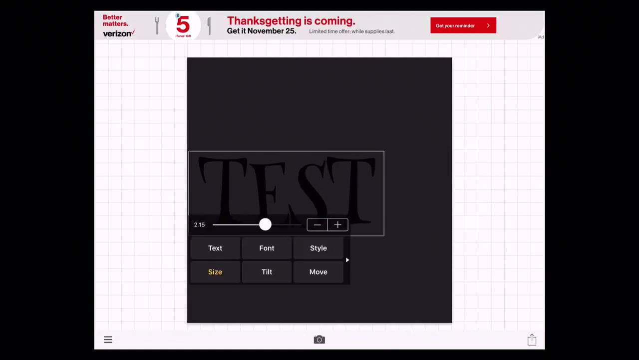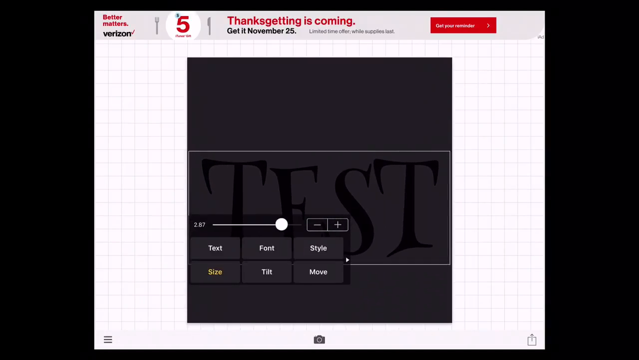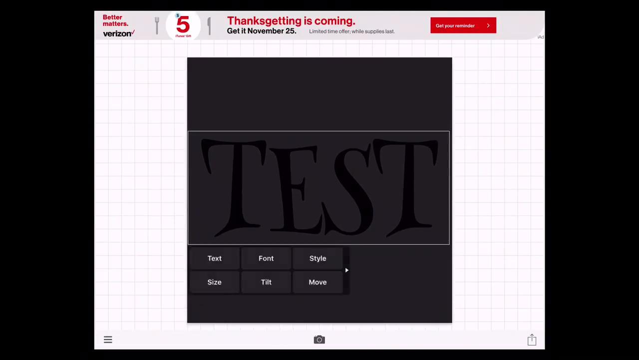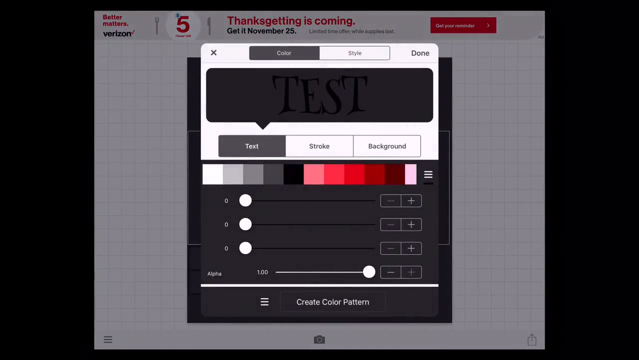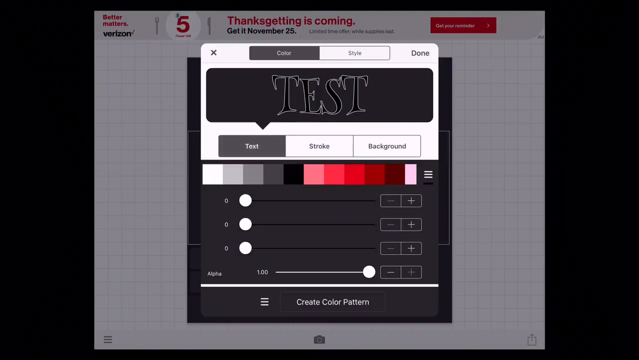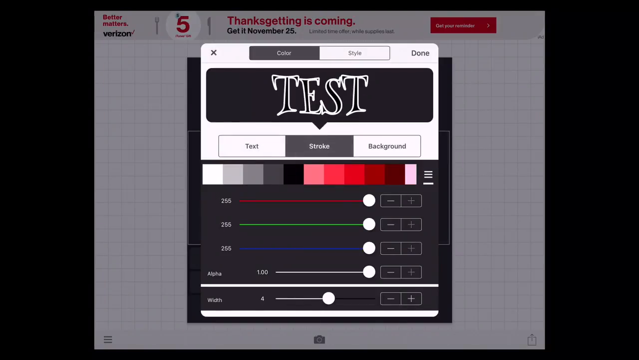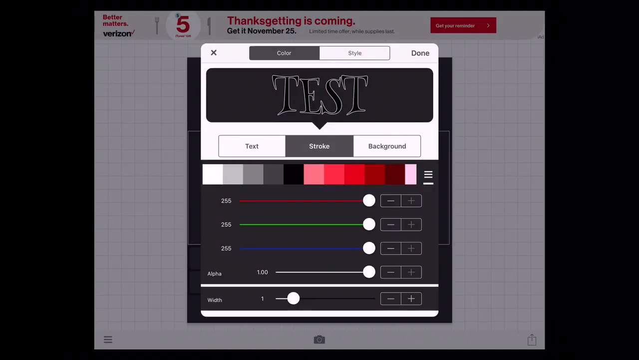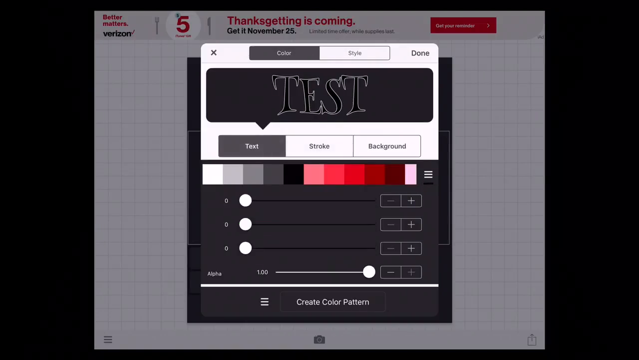So we're going to stretch the size all the way to the side, and then we're going to click it and click Style. Now usually I put a stroke on. I keep the width at 1. You can change the width of the stroke if you want, but it looks a little bit sleeker if it's at 1. And then at text, you want to go all the way down to the bottom to